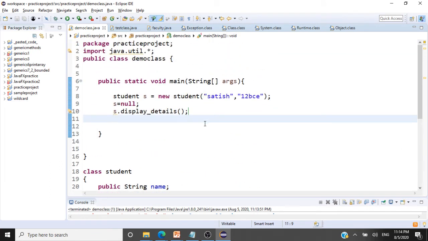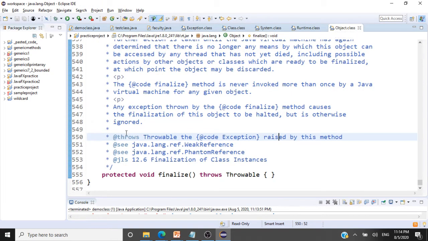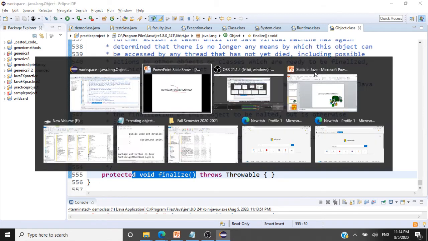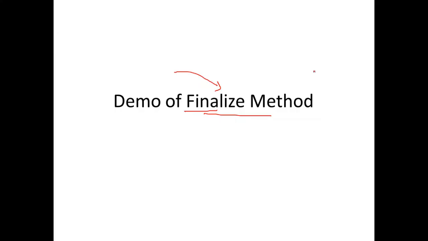This finalize method is actually present in the Object class. I told you there is a finalize method and that it is present in the Object class. You may be wondering what this Object class is. I'll explain that here. Say there is this class called Object. When you talk about inheritance, you know there is a class inheriting from another class, right? So this Object class is the topmost class in the hierarchy and all the other classes inherit this class.